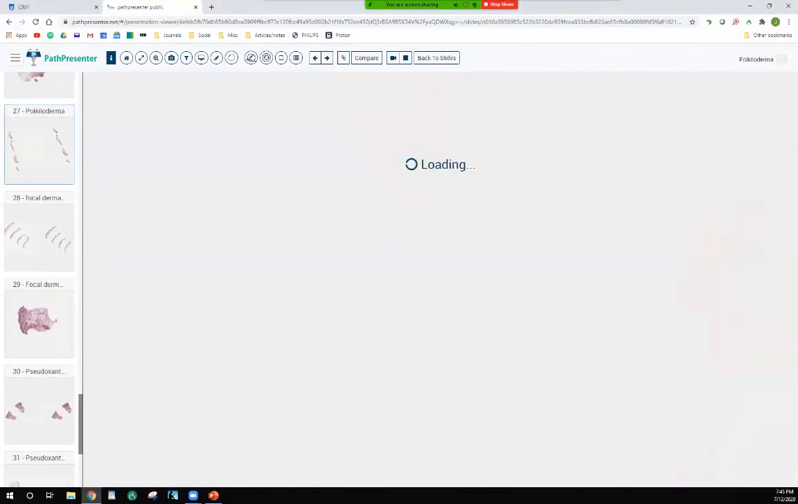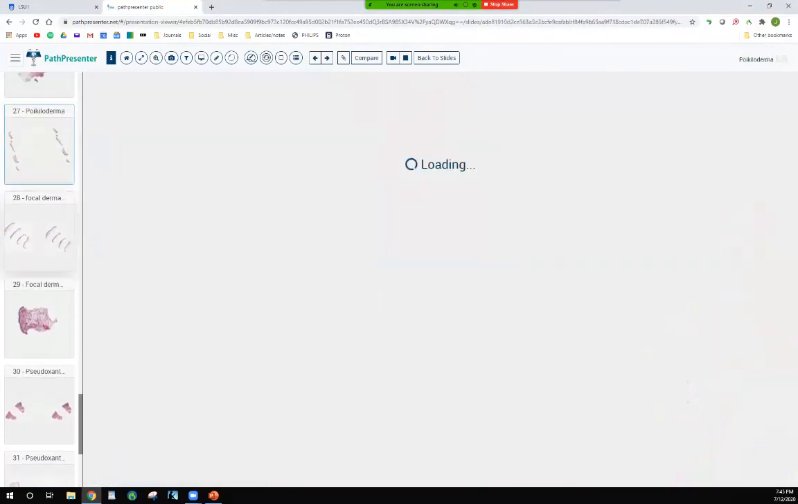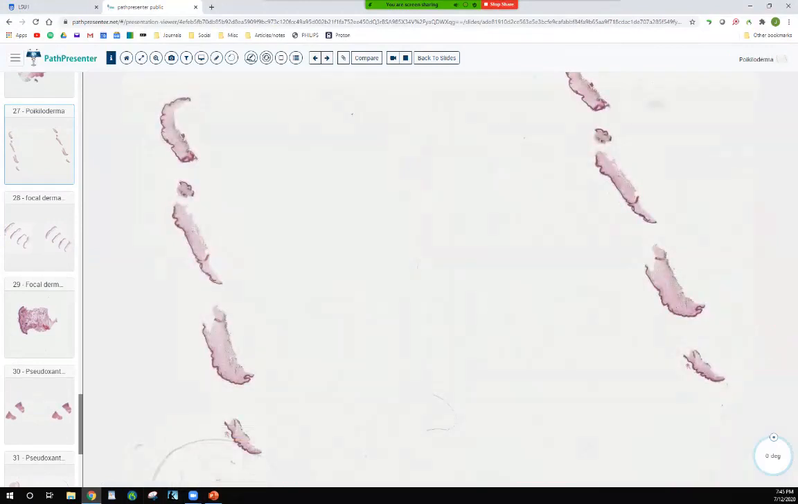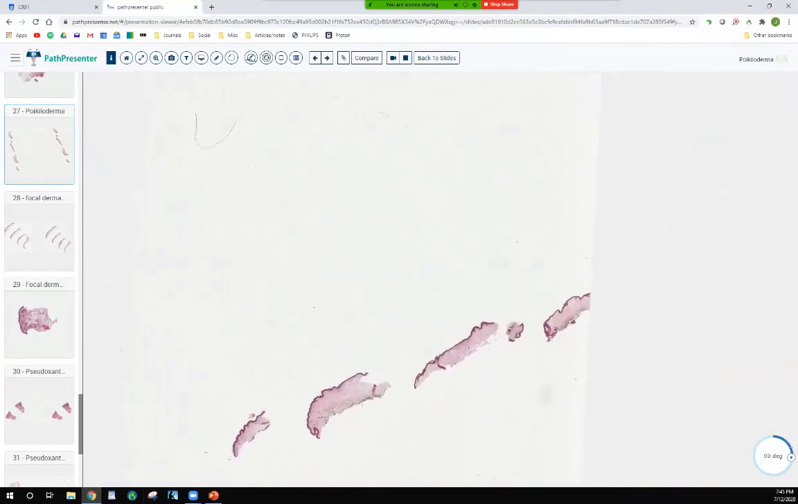So what is poikiloderma? Because that's what's binding all of these conditions together. And it's not wanting to load up now. Okay, well, I guess we'll go back to our image. We can't get, oh, there we go. Thought we weren't going to get the slide to load. But here what we see,